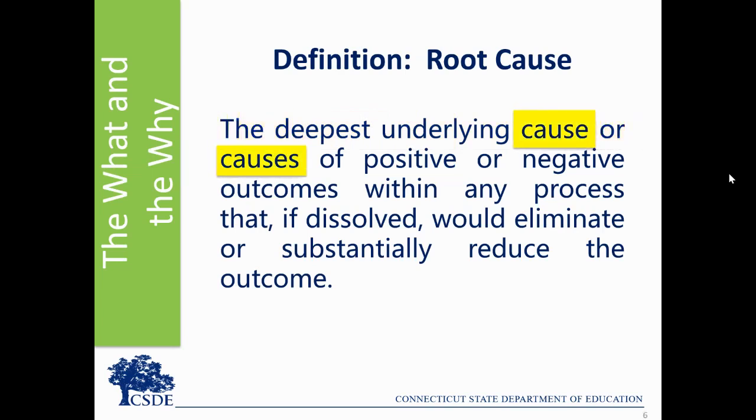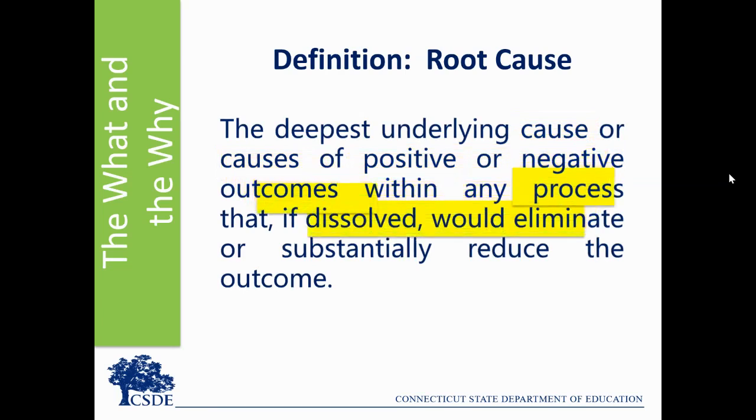Cause or causes indicates you may find more than one root cause. If there are several root causes, you will want to focus on the causes with the highest leverage and potential for impact under the control of the adults. The team will need to prioritize, measure impact, and adjust to ensure positive impact for the learning community and student outcomes. Root causes are not focused only on negative impact, but positive impact as well. Examining both positive and negative impact may help the team identify strengths that can be capitalized upon to make lasting changes.